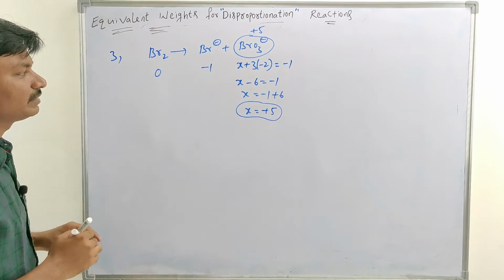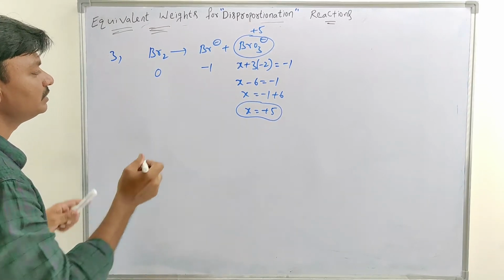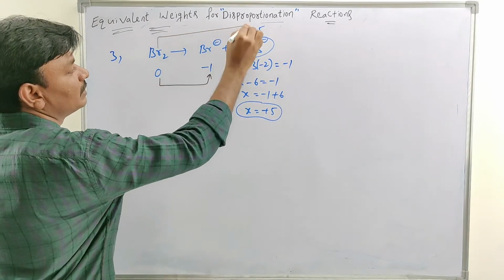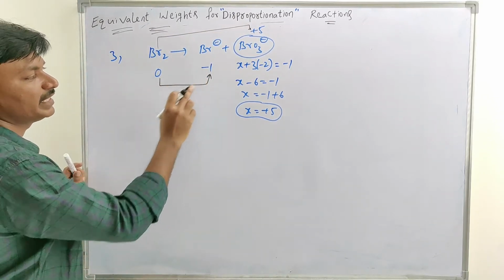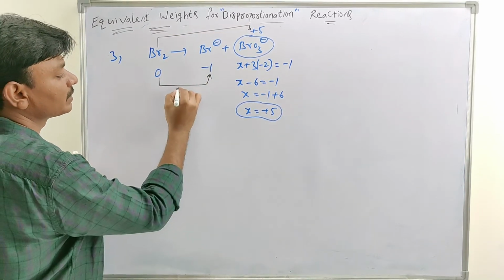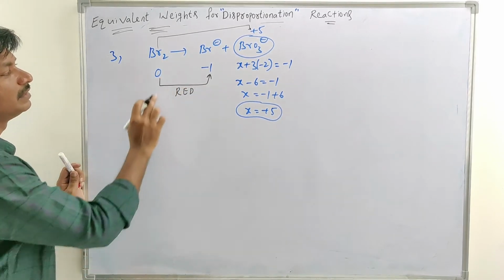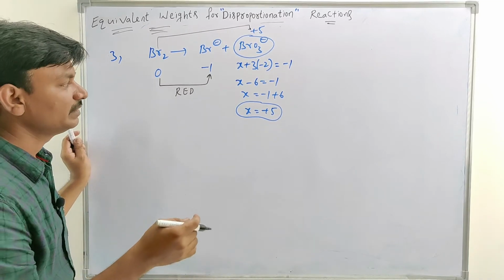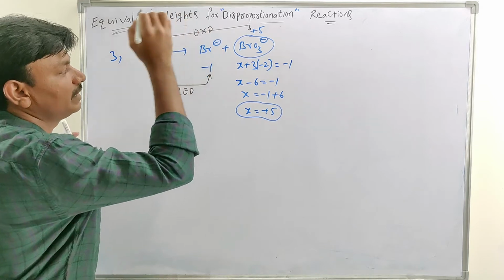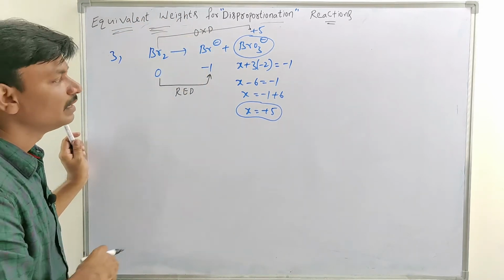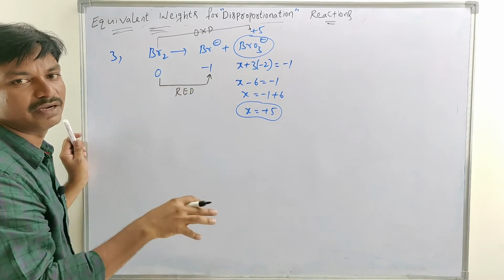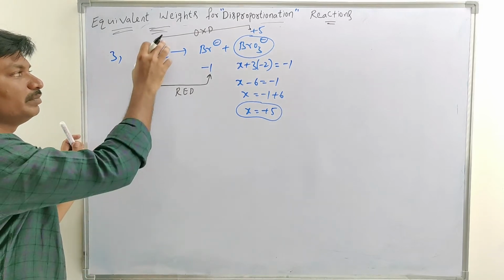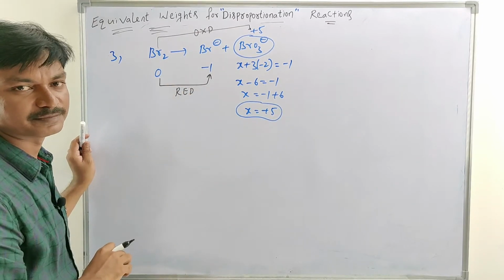Okay, clear? In BrO3 minus, the bromine oxidation number will be plus 5. Here 2 conversions are present. The first conversion is 0 to minus 1, and the second conversion is 0 to plus 5. 0 to minus 1: decreasing oxidation number is called reduction. In the second conversion, 0 to plus 5 means increasing oxidation number, and that is called oxidation. Here is the first case, here is the second case. Any substance simultaneously involved in both oxidation and reduction is called a disproportionation reaction. Okay, clear? Here Br2 is involved in a disproportionation reaction.